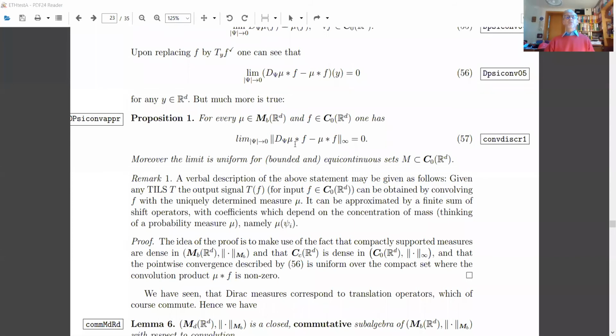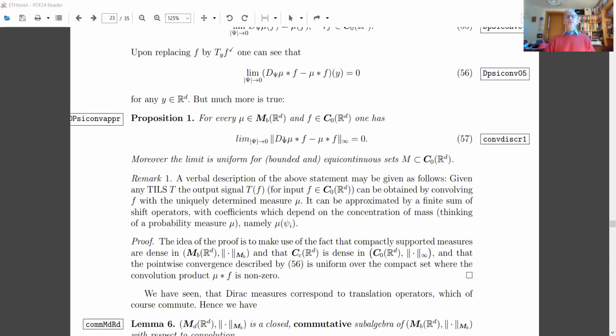Okay, as you see, this convolution is a measure convolved with f. So it's the operator introduced by the functional. We have modified the functional to the D psi mu. So these convolution stars are actions of measures on these things. So essentially, it also tells you, clearly the D psi mu is a bounded discrete measure coming from the bounded measure mu. And because it is an infinite sum with coefficients which are absolutely summable, you can approximate it by